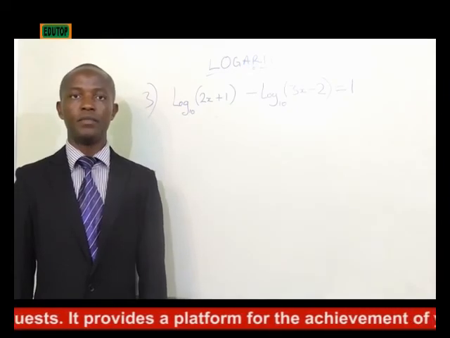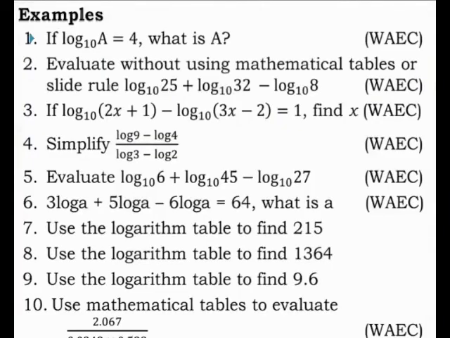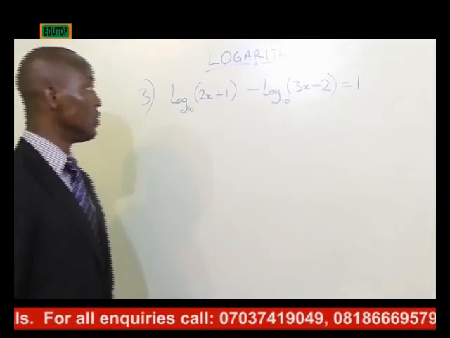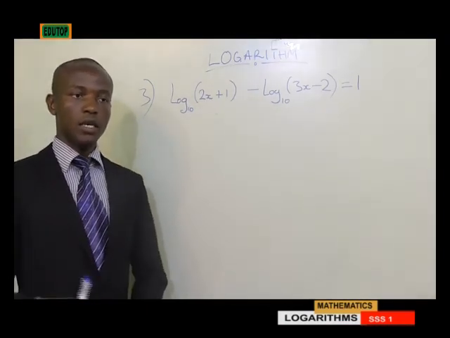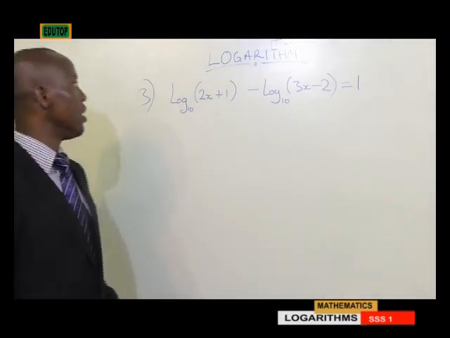Example number 3. If log (2x plus 1) base 10 minus log (3x minus 2) base 10 is equal to 1, find x. Here we'll first apply law number 2, which simply implies that our subtraction is the same thing as division. Is equal